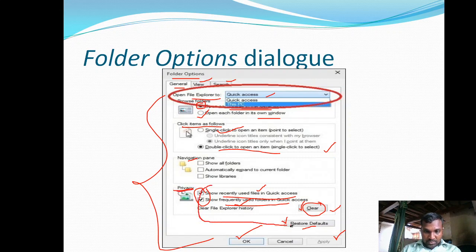So these are the options under privacy. Either you can check these two, so that it displays the folders and files which are recently used, or if you don't want that, you can uncheck these two, or simply clear the history, so that it won't display any history about recently accessed files and folders.